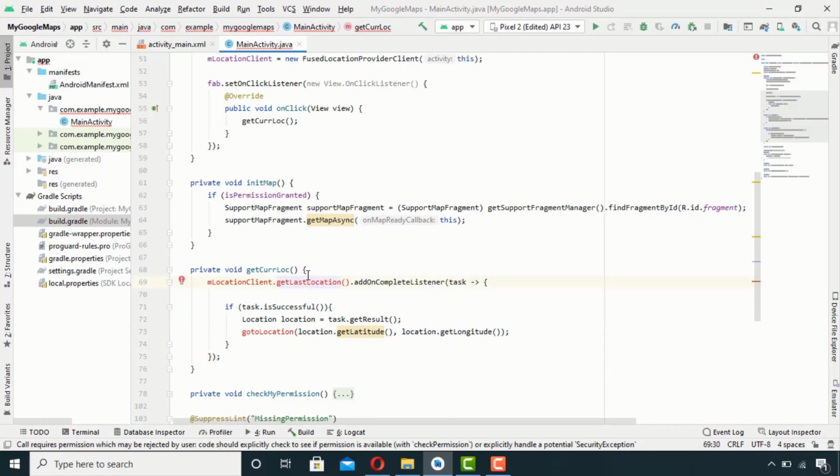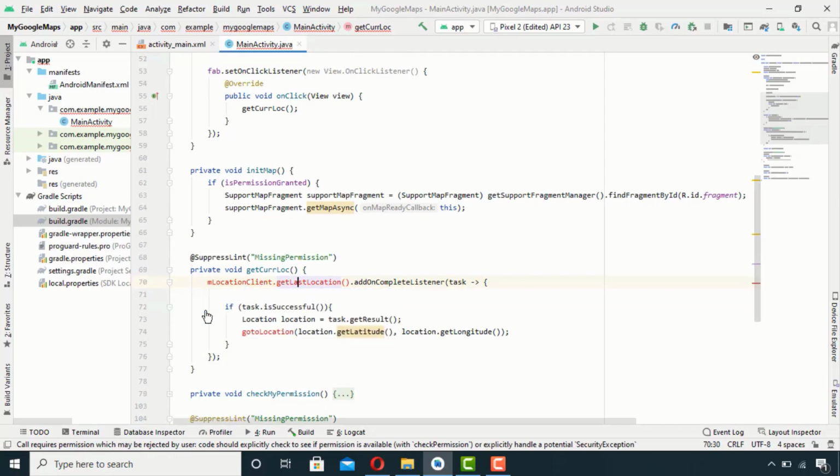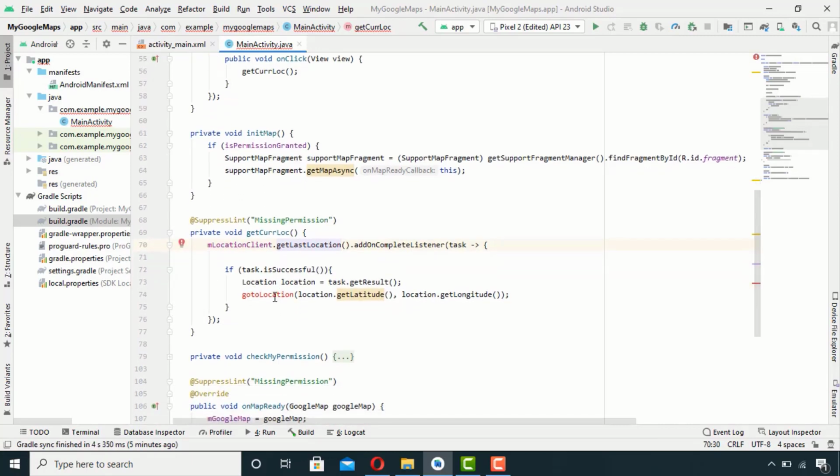Now I need to declare another method, which is goToLocation, and as you can see I have passed the latitude and longitude here.